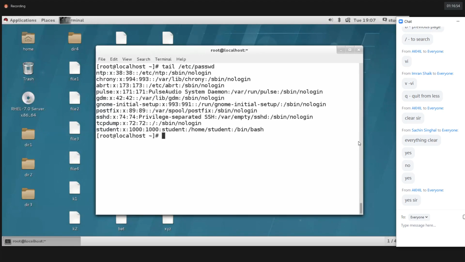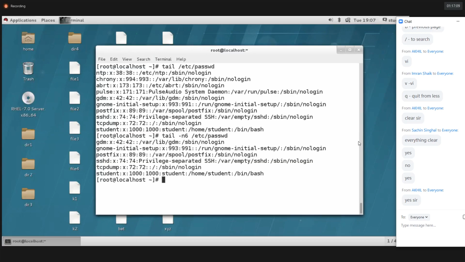Head prints the starting 10 lines, and tail prints the end lines, meaning the last 10 lines. Clear? Then you can use the option for the tail command also, hyphen n, then you can use 6 or 7, whatever it may be according to your requirement, to print 6 lines. So I hope you're clear, guys.